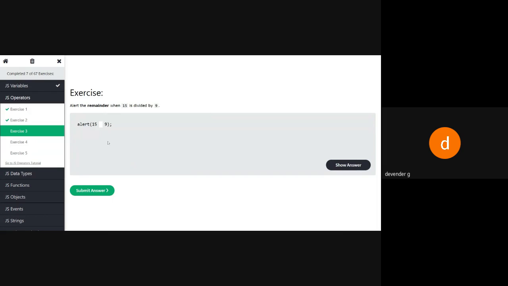Remainder, percent type, very good. For addition, how will I be using it for addition?